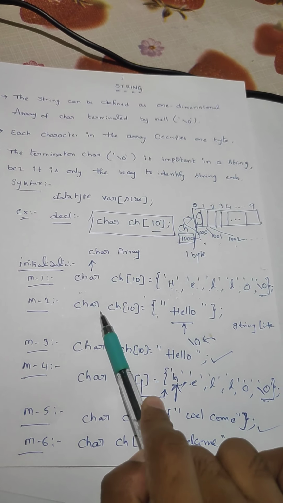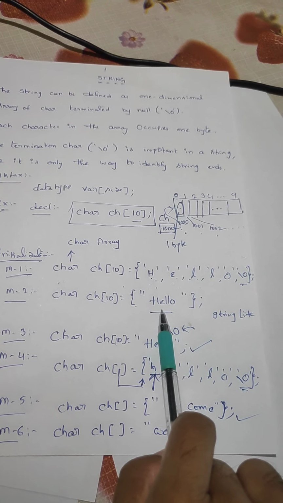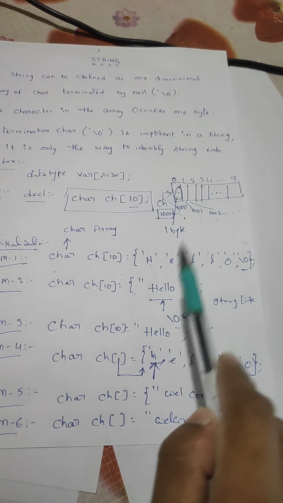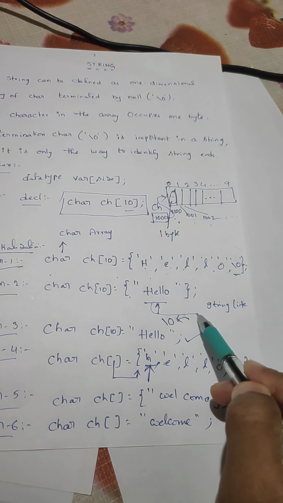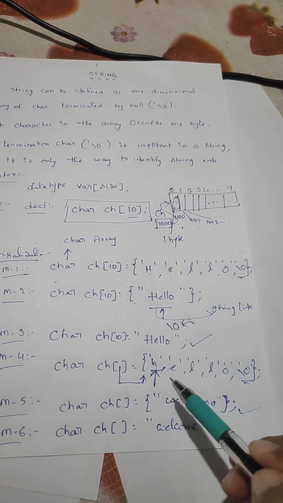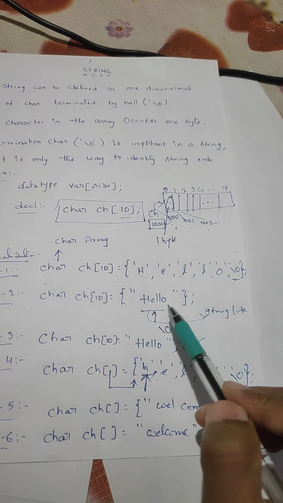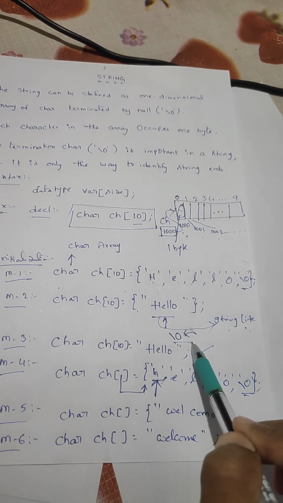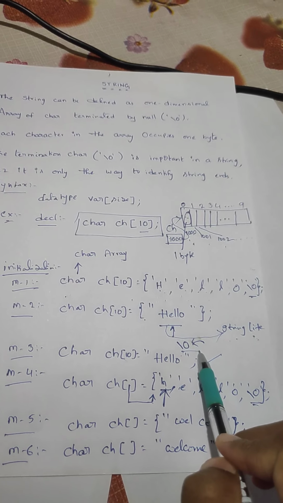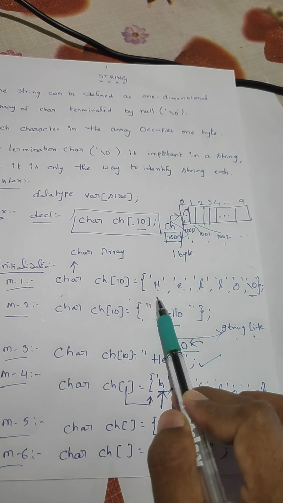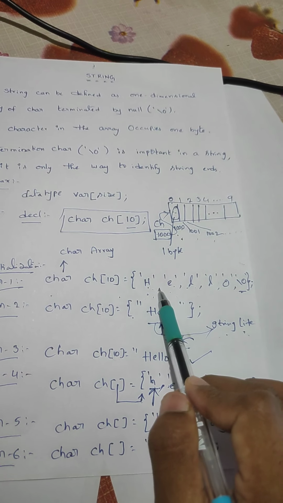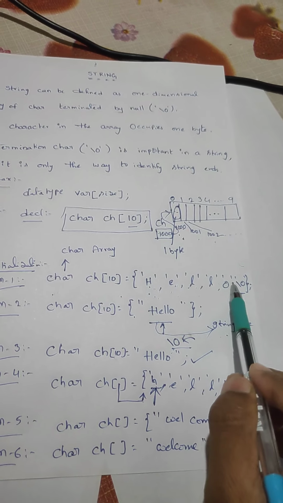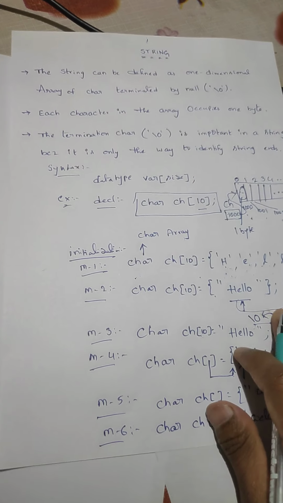In method 2, in a single shot we are storing the entire string. This concept belongs to string literals. While we are storing the entire string in a single shot using string literals, there is no need to mention the \0. If you want to store individual characters using single quotation marks separated by commas, then we need to place the \0. This concept is called a character array.